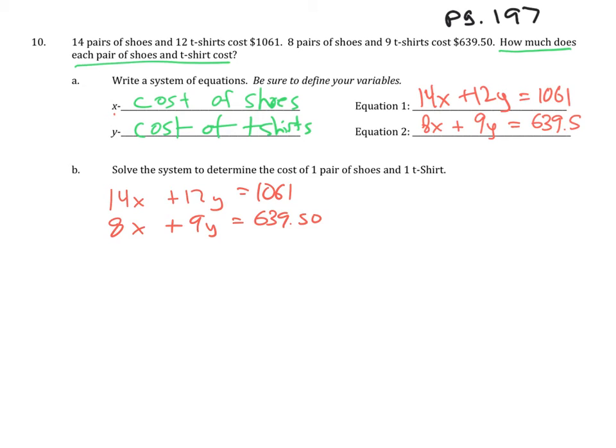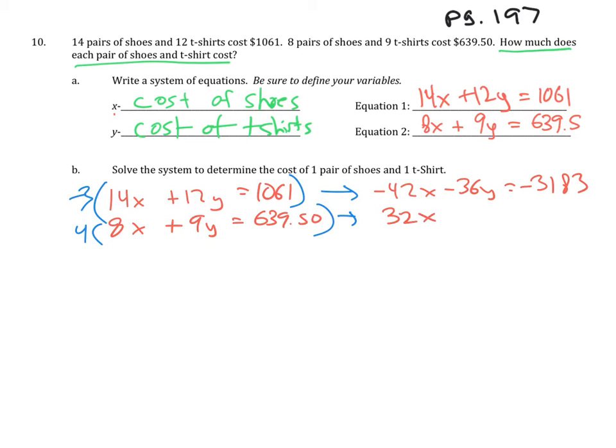So I need to multiply both equations to get either the x's or the y's to eliminate. And with this one, it might take you a second to figure out what could be a good thing to multiply by. I see the 12 and the 9, and I know those both go to 36. So I'm going to multiply the top by -3 and the bottom by 4 to get me to a new equation. On top, that'd be -42x minus 36y equals, and then I have to do 1061 times -3, and you get -3183. For the bottom equation, I would get 32x plus 36y